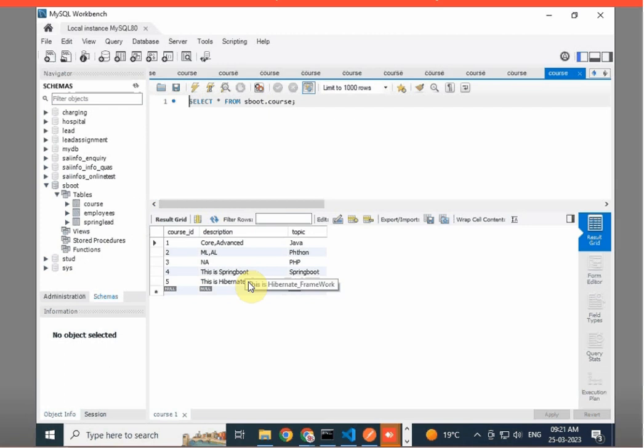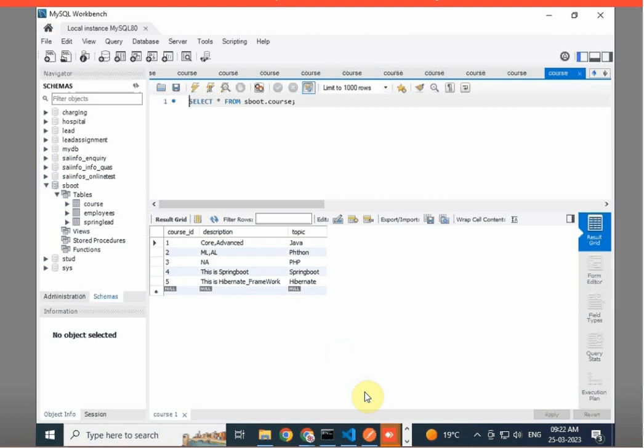This is the course table. Inside the course table we have 3 columns with the names course ID, topic and description.